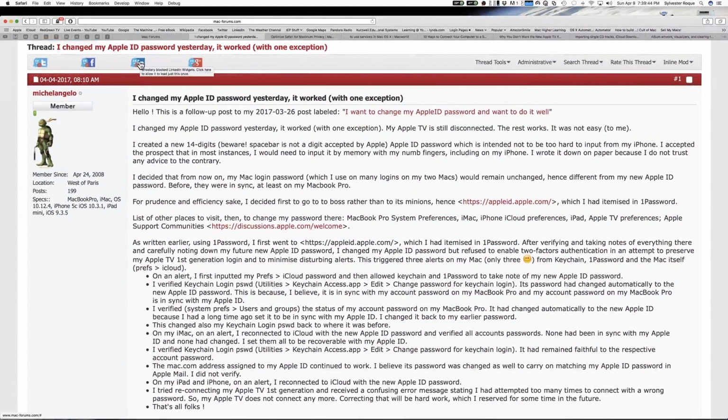It goes into some degree of detail about the steps that were taken to change passwords. One of the reasons I linked to this thread is that it emphasizes not only the need to change those passwords frequently, but also how easy it is to forget which places you need to change the password for your